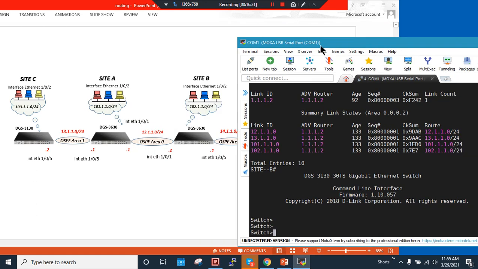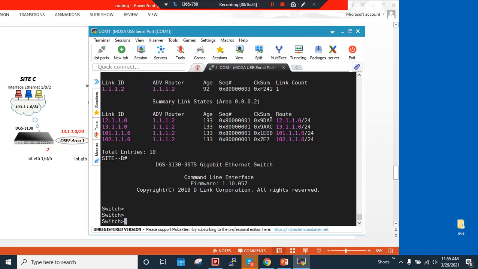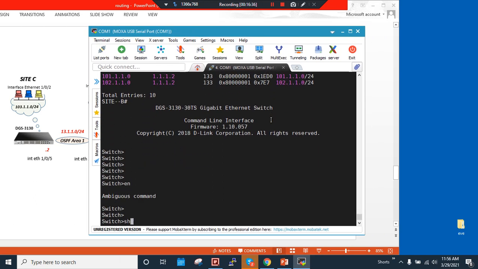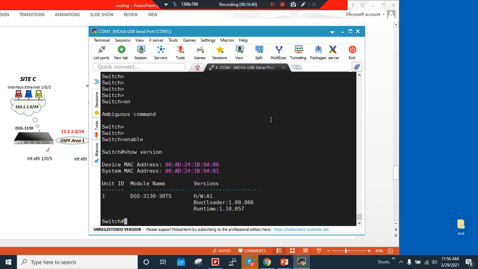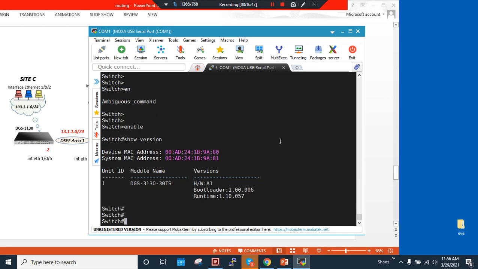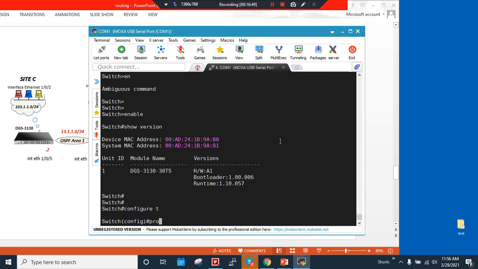First let me change the IP address, and then I will show you according to the topology. So this is my site C switch, show version. As you can see, it's a DGS-3130 according to my PPT, with the hardware version and the firmware version. So config t, prompt